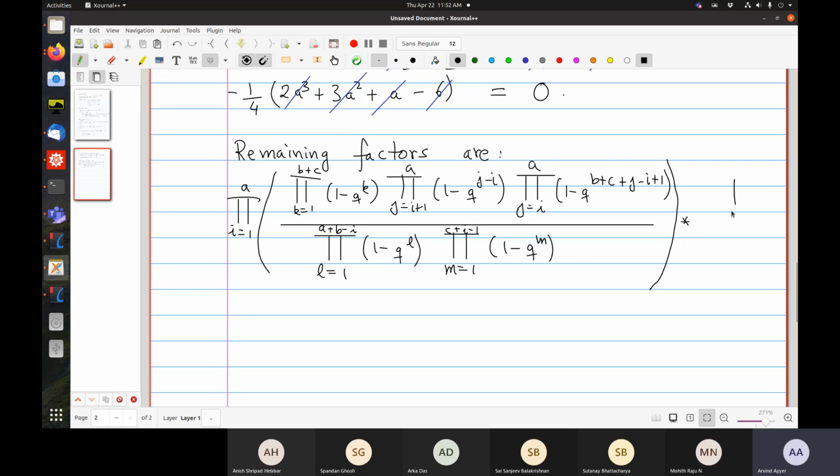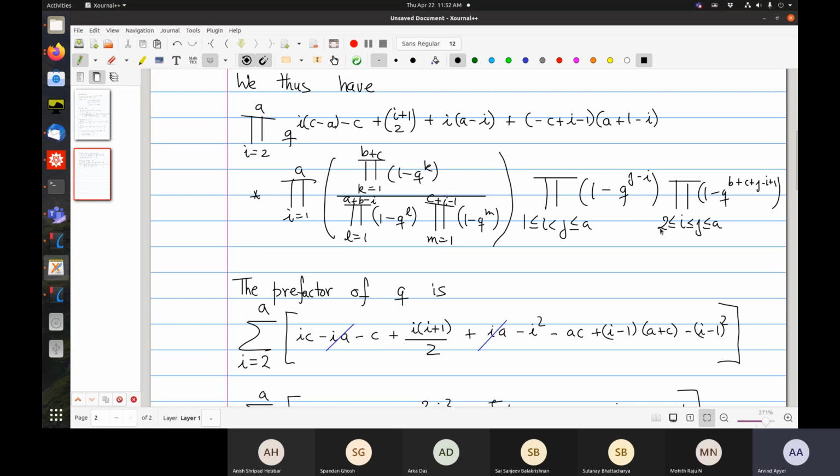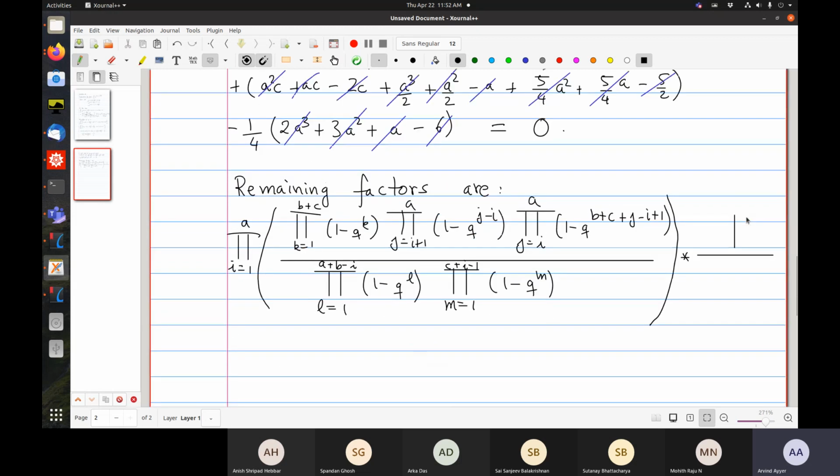And what I have to do now is to compensate for this extra term when I equals 1. Right? So let's see what happens. So when I equals 1, j runs from 1 to a. Right? And so I just substitute I equal to 1 over here, and then this term cancels. Right? So minus 1 plus 1, this part cancels. So I get 1 minus q to the b plus c plus j, where j runs from 1 to a. 1 minus q to the b plus c plus j. Everybody agrees?